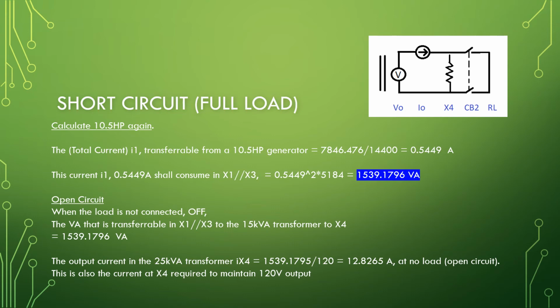This current I1 equal to 0.5449 ampere shall consume in X1 parallel X3 equal to 0.5449 squared times 5,184 equal to